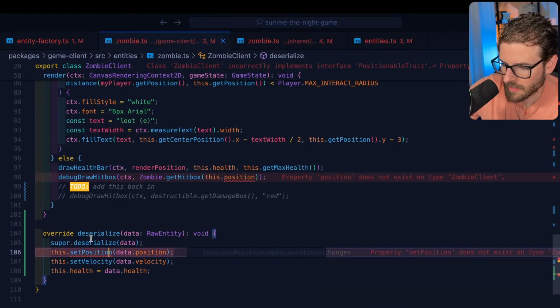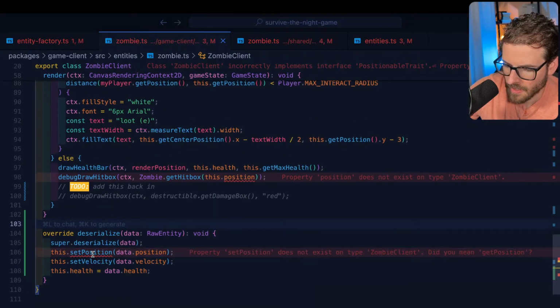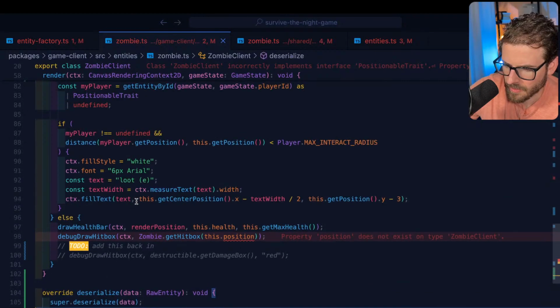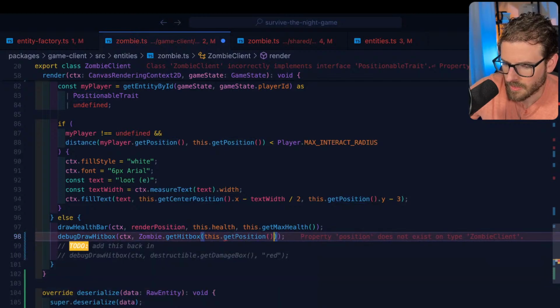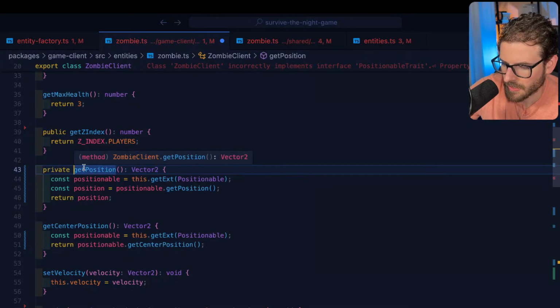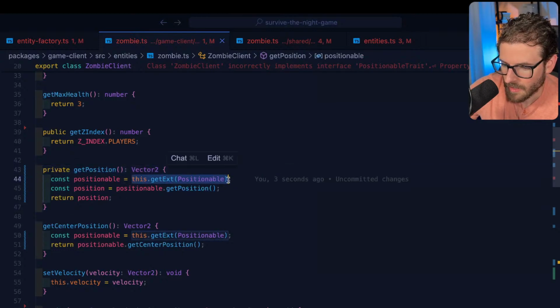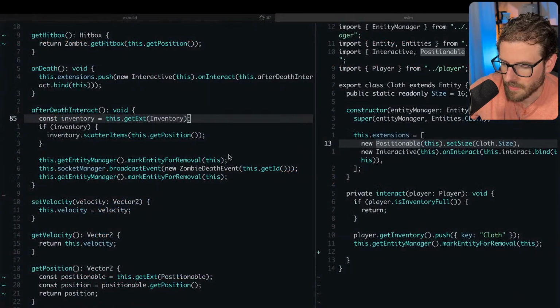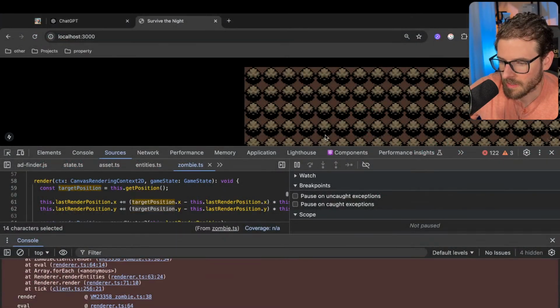Set position. Deserialize set position. Don't need that anymore. This, all the hitbox. Get position. So all these things, I could potentially make them private, because they're not going to be used externally anymore. But the position lives on the extension now. So technically I have these little helper things. I'm going to refactor a lot of this stuff. Let's just see if we can get this game working.